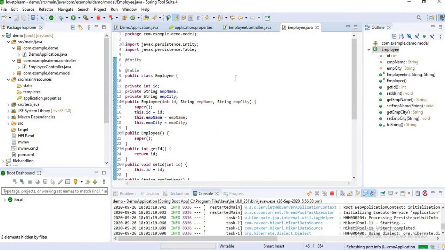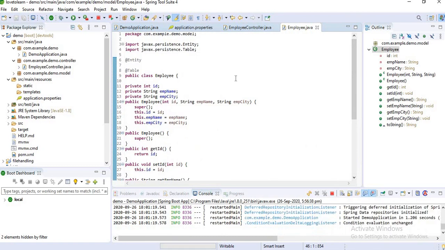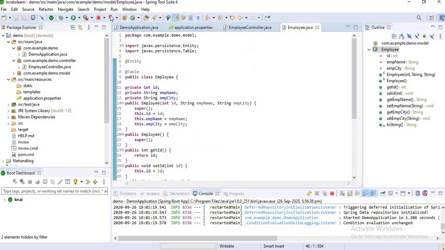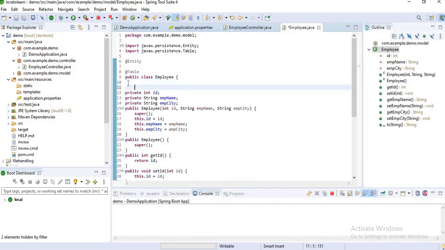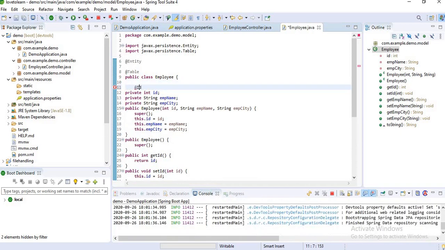I said to you before that I am using Hibernate to generate tables in my video. You can observe. Let's rerun the application again. Sorry guys, wait. I have forgotten to give a primary key for it.